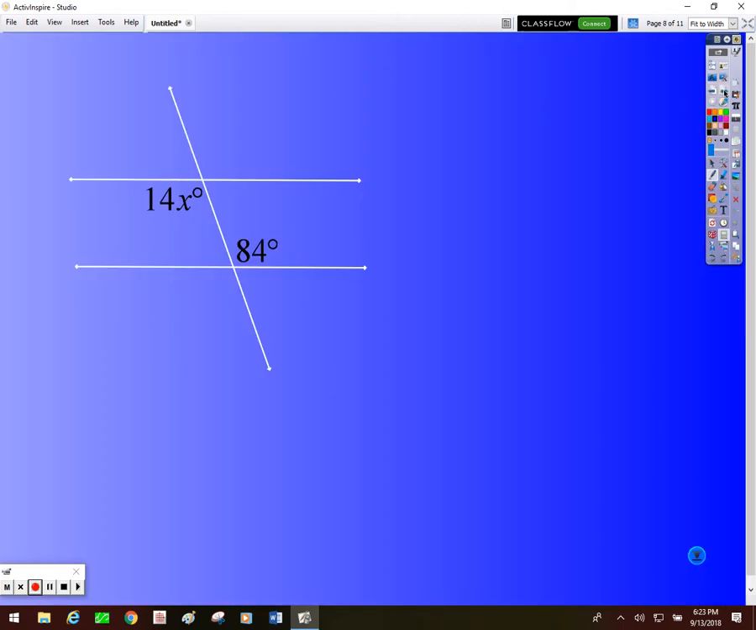All right, so let's identify what we have. Well, if I look here, I have an obtuse angle and an obtuse angle. These angles are inside the parallel lines, right? They're on the inside of the parallel lines, but they're on opposite sides of the transversal. So what I have here are alternate,